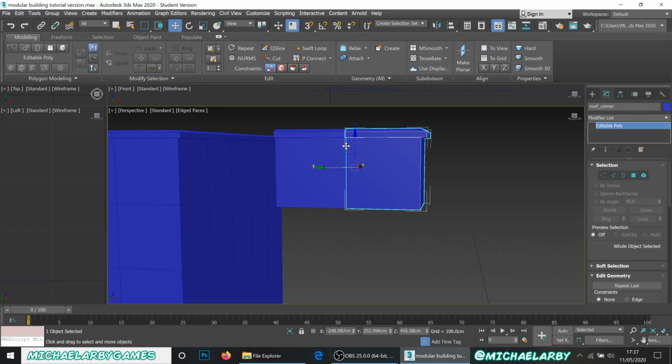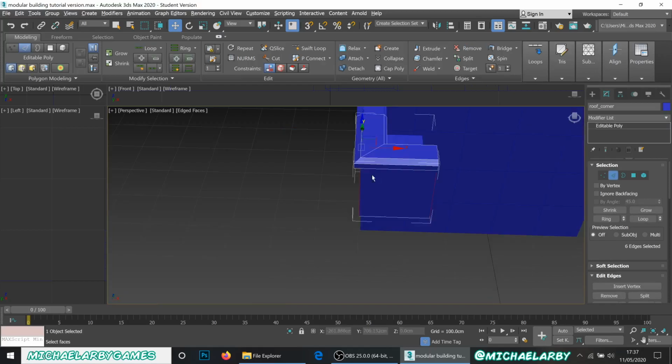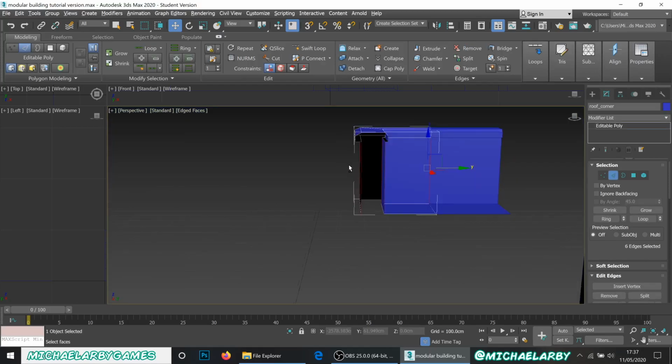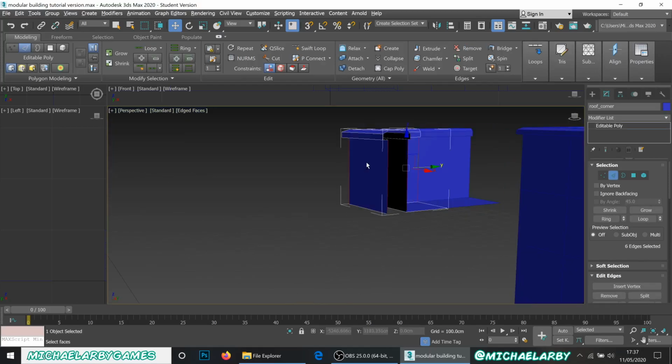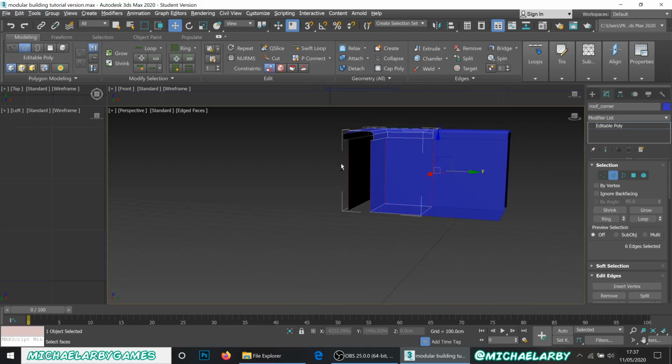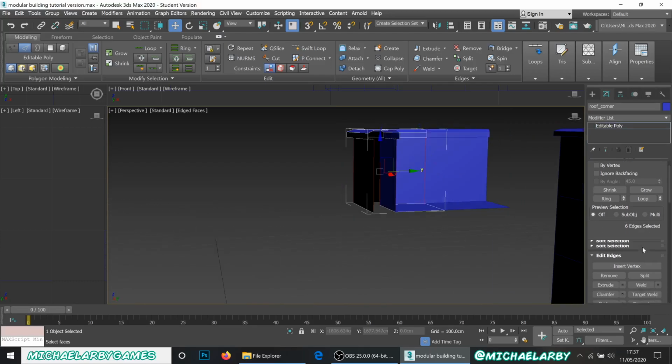I was originally going to swift loop down into it. That would have been the wrong thing to do. Extruding up out of the way means we still have a full 1 meter section here, which is handy. I'd like to say I did that on purpose, but we all know that would be a lie. But we want to select both the outside and the inside there because they're both going to be brick. And we just hit our connect